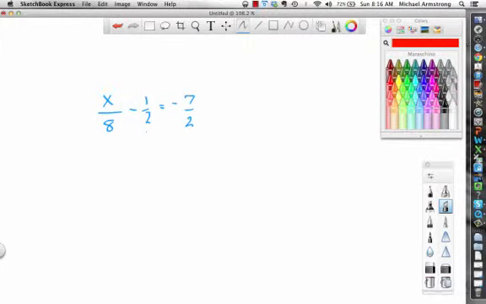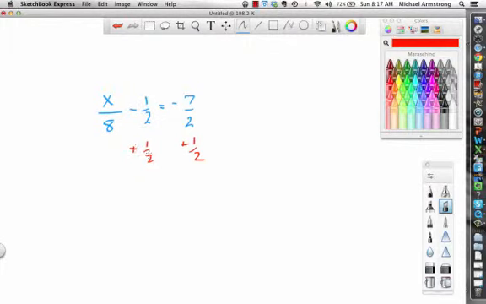I'm not sure if that makes sense with you, but we could multiply by 8 right here all the way across, and that would actually work just fine. But we usually will start not with the x, we'll start somewhere else and then move towards the x. So we're going to add 1/2 to both sides, because we want to get rid of this minus 1/2,